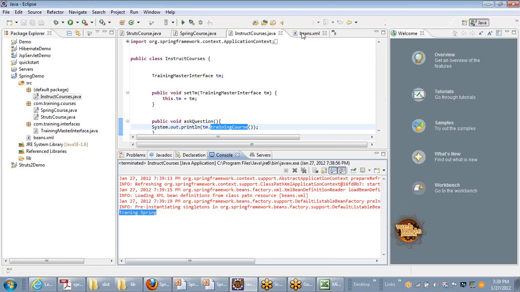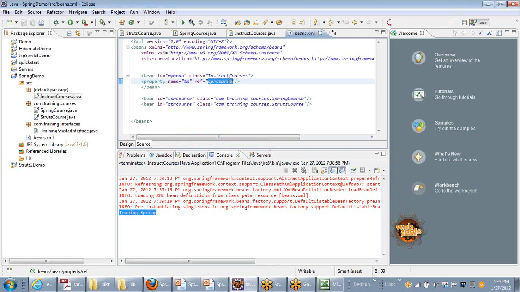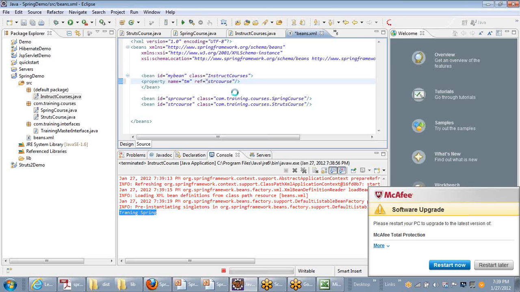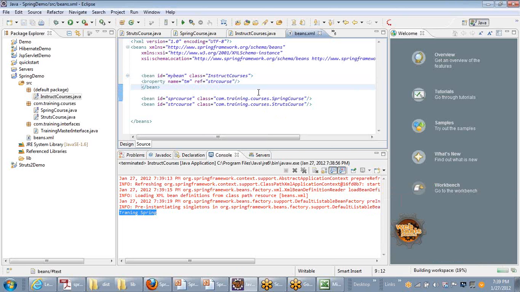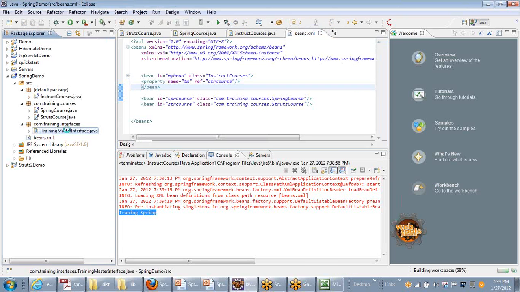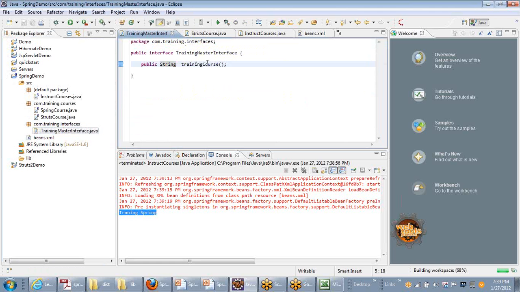Now let's go to beans.xml and inject the training master for struts course as struts course. This training master is an interface, and this struts course, I'll show you that in just a minute. This training master interface is an interface which has one method, training course.